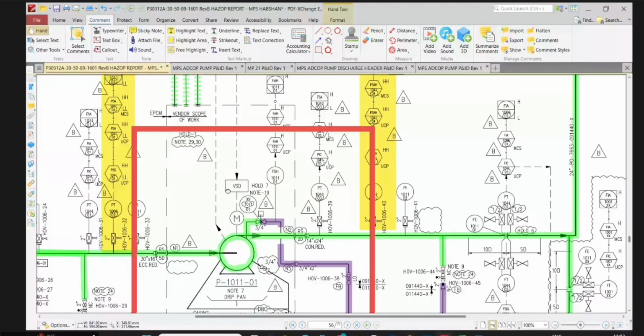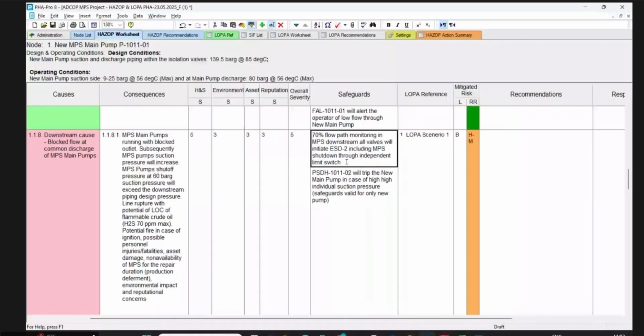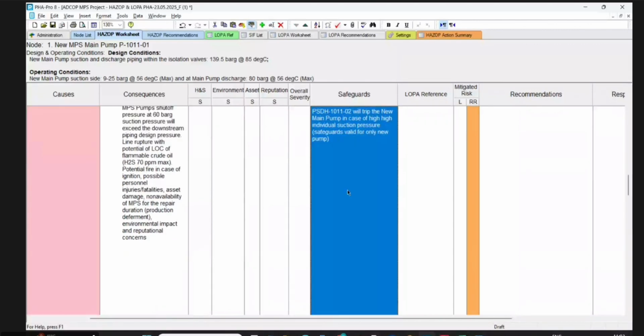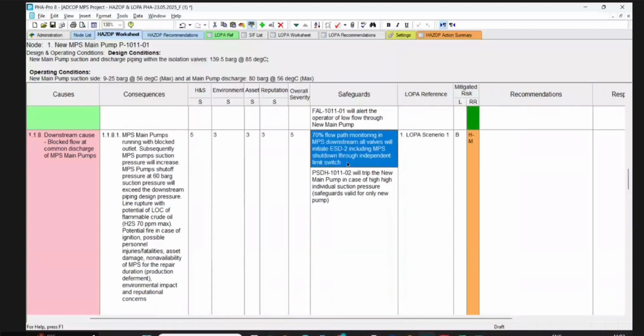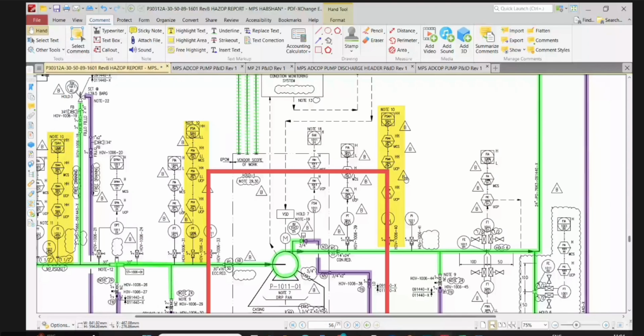And we have already considered the 70% flow. At 70% flow, the pump will trip. The one which is in the common header is not only tripping the pump, it is causing ESD. Can you show that? The complete facility trip? Yes, that one. We have added 2 out of 3 in the header, which is causing ESD, not only trip of the pump. Okay, causing ESD is okay. So in this case, Ananta, what are you saying?